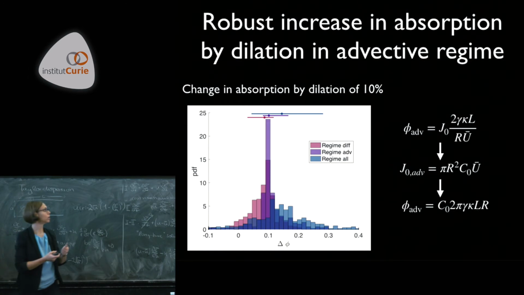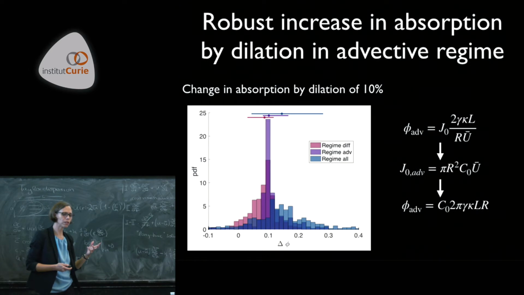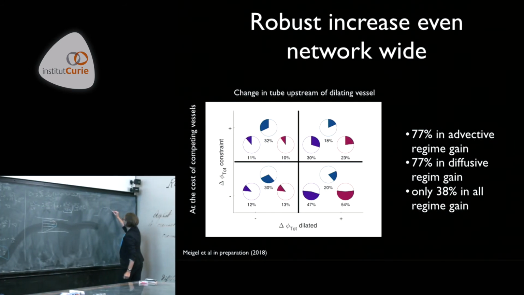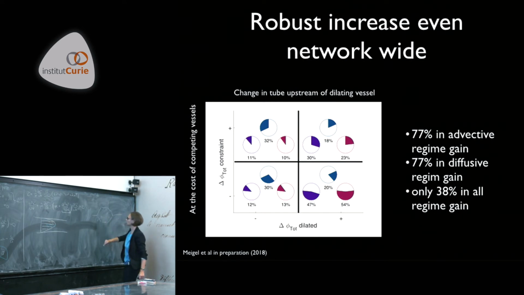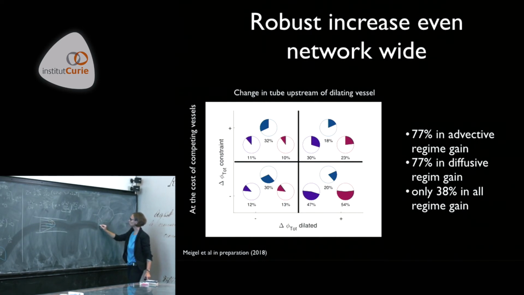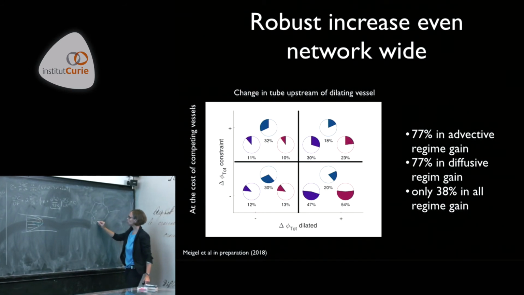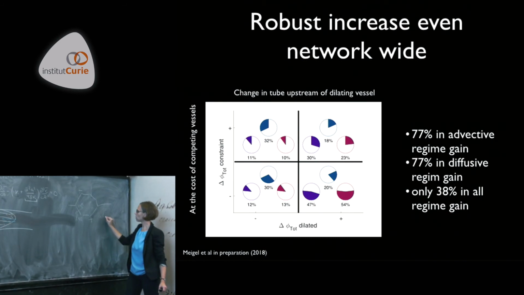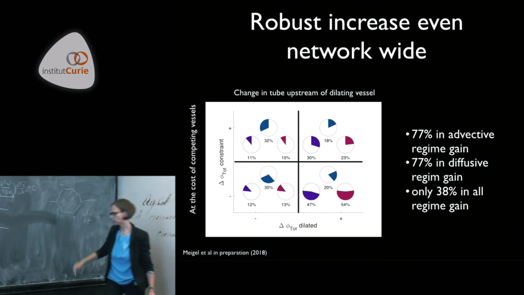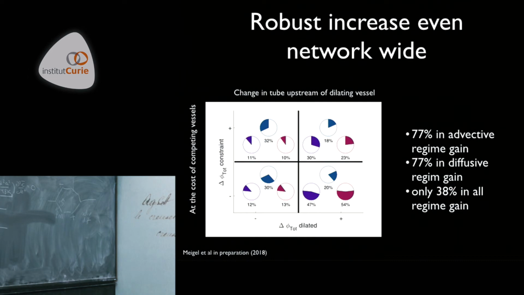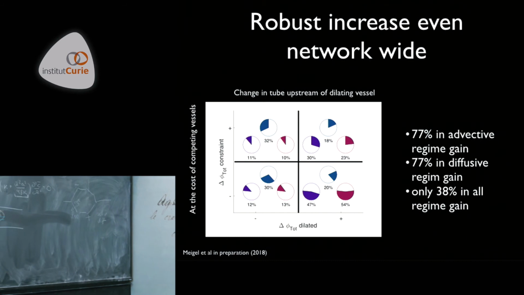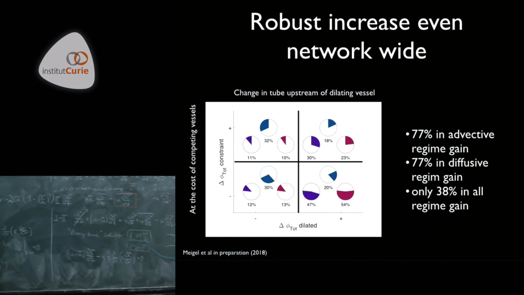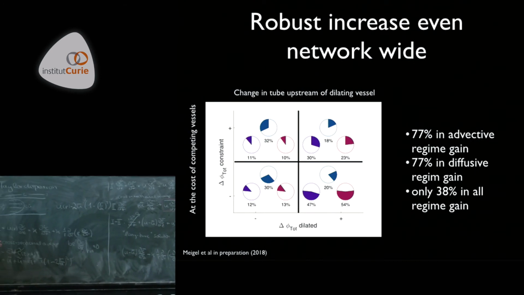And that's also true if you not only look at the single vessel, but you now go in and ask yourself, if I have a loopy structure, and I say I dilate that vein, so I know that this goes up by 10% if I dilate by 10%, what happens to these and what happens to these? And what these statistics tell you is that these go up and these lose if you are advective or diffusive, if you're all random. So there's a robustness built into tuning the overall radii of your vessels to be in this robust regime. And again, the key to be able to do this analysis was the simplifications that are underlying